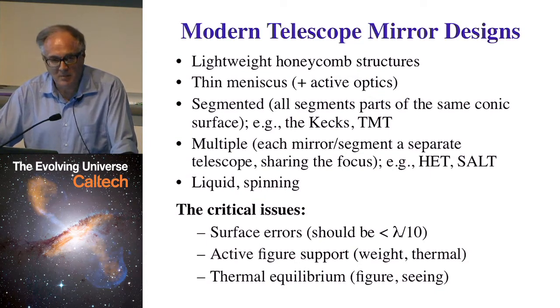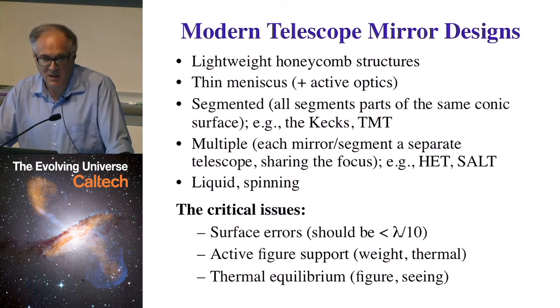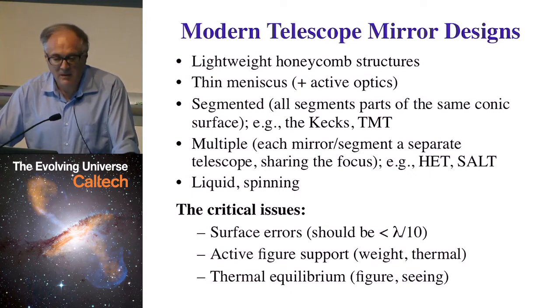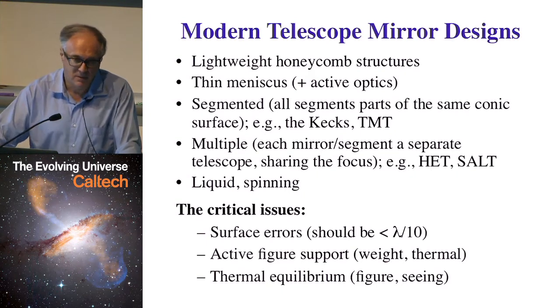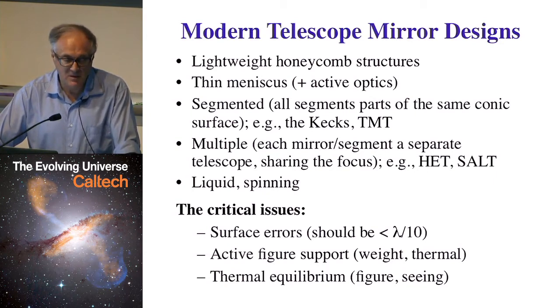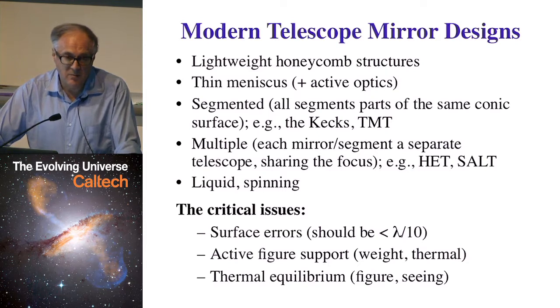can't be any larger than about 1/10 of the wavelength. Now, think what that means for a, say, 10-meter telescope in Hawaii. That means the wavelength is typically of the order of, I'll say visible light is 500 nanometers, so the biggest bumps you can have are 50 nanometers. 50 nanometers, that's 5 times 10 to the minus 8, so divided by 10 meters, it's 5 parts in a